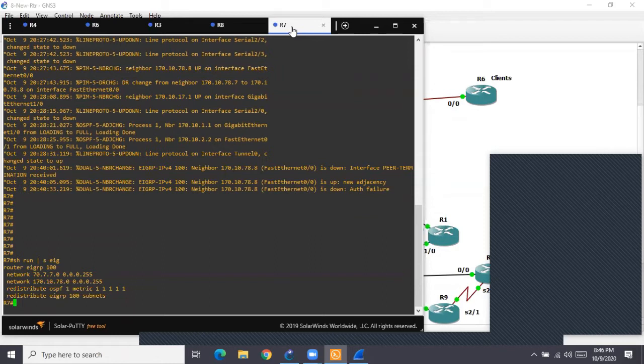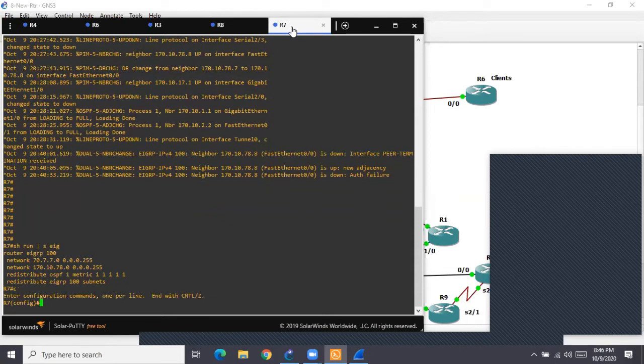Normal traditional EIGRP only supports MD5. So if in the exam they say EIGRP communication must be secured using SHA algorithm, then you should understand that you cannot configure traditional. Then you should configure what? And please remember, if I remove EIGRP now, this redistribute also will go away.